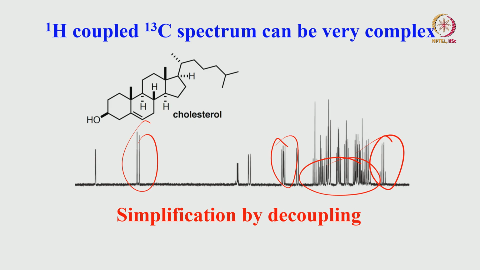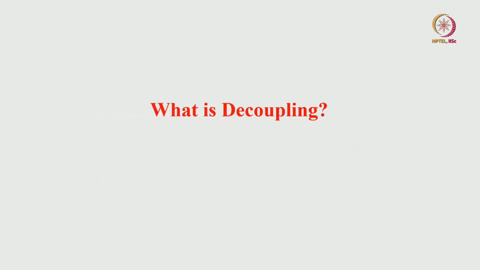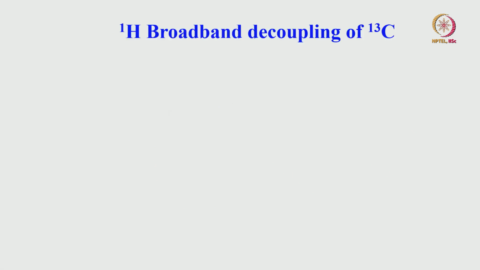What we do is, we simply do the decoupling. When we do the decoupling, this complexity of the spectrum gets enormously simplified. Now the question is, what is decoupling? I vaguely discussed this earlier, and I just wanted to tell you this has been discussed extensively in one of the previous courses. Just for your idea, the broadband decoupling of carbon 13, how it is done is, you